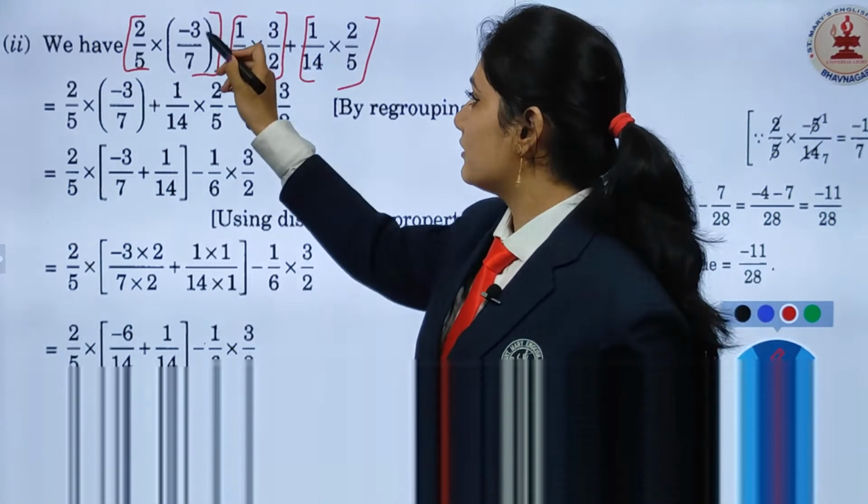When the two numbers are in multiplication, you can solve the sum and make the rational number into the simplest form. But if an addition or subtraction sign is there between two numbers, then you have to take the LCM. Remember this: if an addition or subtraction sign is there between two rational numbers, then you have to first make the denominators the same. If there is a multiplication sign, then you don't have to do the LCM directly, you can solve the numerator and denominator.